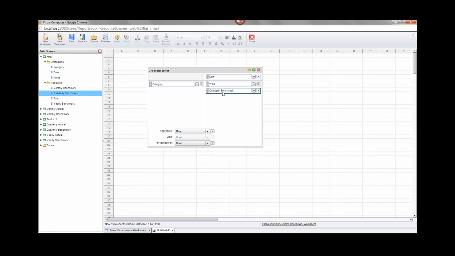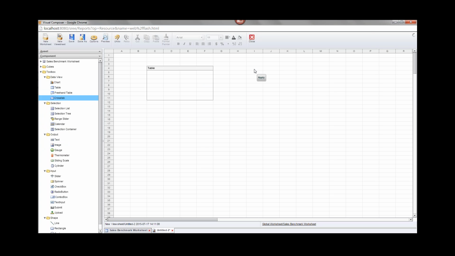Because I don't want to sum up all the quarterly benchmarks for a category, because the quarterly benchmark, the way that it's computed in the data worksheet, there is just one benchmark for each category, even though it's repeated multiple times. So I just want to pick off that one value. Anyway, I'm not going to go into the design of the worksheet too much, and just take my word for it that that's the right way to handle this. Okay, so let's see what we've got so far. I'll press the apply button,